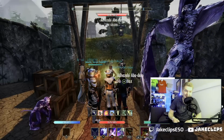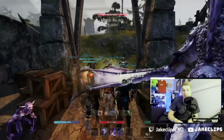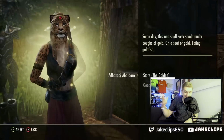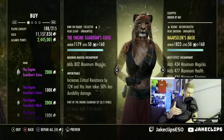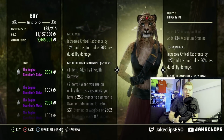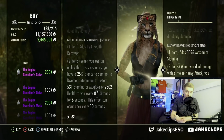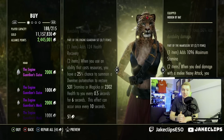Now you can see me, and we are at our traditional Golden Vendor, which is inside our Cyrodiil campaign. You can see that I'm over at the Northern High Rock Gate to go over some of these good little items for you. And coming in at number 1, we have Engine Guardian, which drops from Dark Shade Caverns 2 and is one of the best sets in the game for support and kind of your restoration to your stamina,